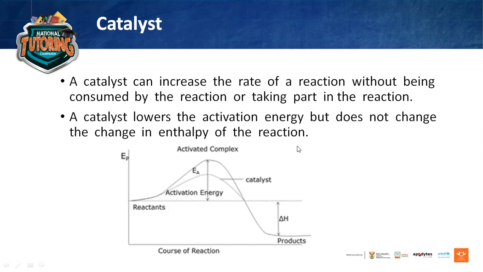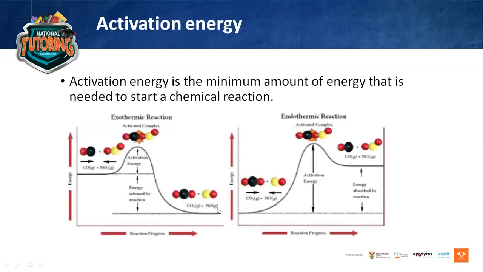Just to explain this a little bit to you guys, what does it mean when they say it increases the rate of reaction without taking part? I mean, if it's part of the reaction, why is it not changing anything? What the catalyst does basically, if this is your diagram, you've got your reactants and they go all the way up to your activated complex with your activation energy and go all the way to your product. So what a catalyst does, it just reduces the time. So it speeds up